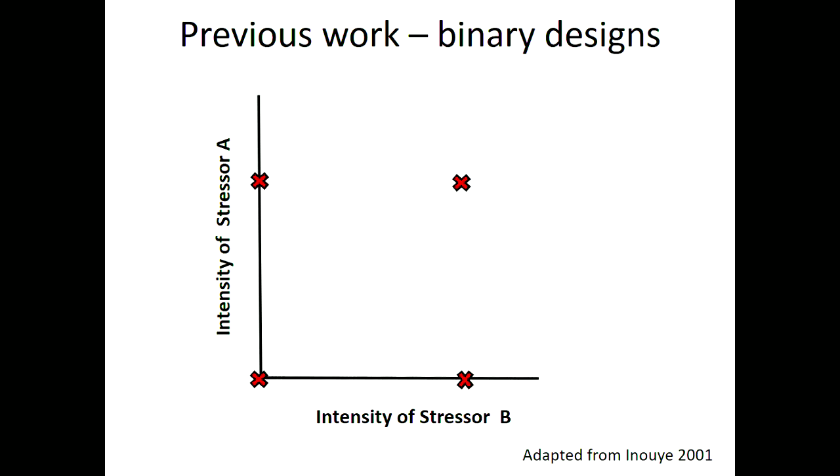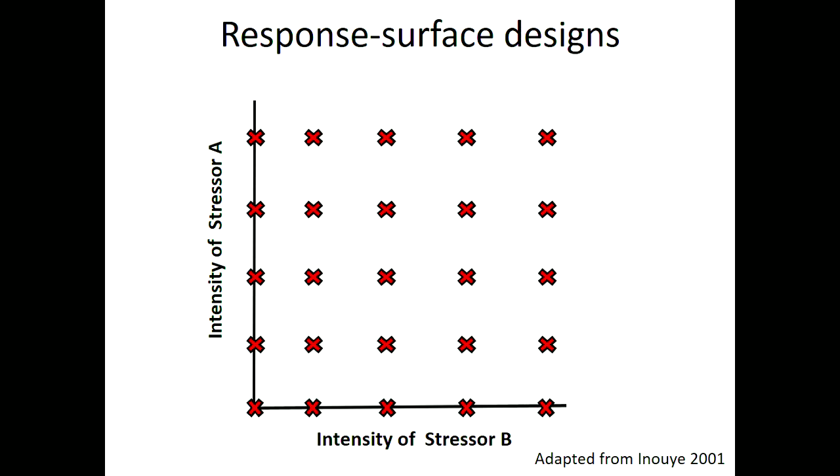But a lot of that work has been done based on binary designs like this or something similar to it, where you have control conditions in which no stressors are added, elevated levels of one stressor, elevated levels of the other stressor, or elevated levels of both. Of course, these can shed important insights on the combined effects of multiple stressors. But they don't tell the whole story, and they may not always be a good basis for anticipating effects in the real world. So what we would ideally be able to deploy are these kinds of response surface designs,